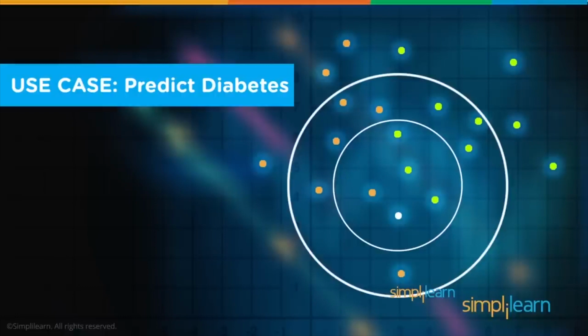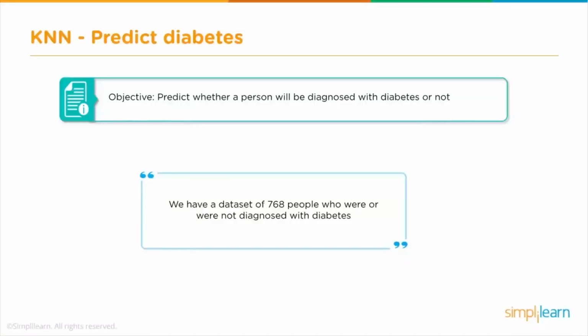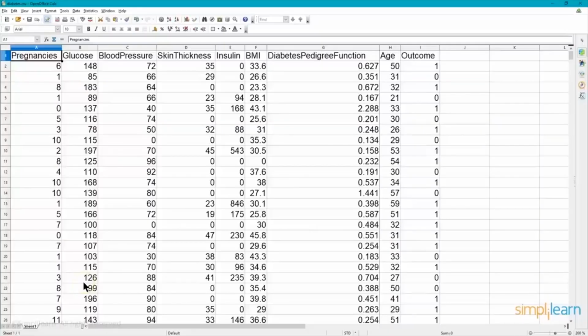So let's dive into the predict diabetes use case. The objective: predict whether a person will be diagnosed with diabetes or not. We have a data set of 768 people who were or were not diagnosed with diabetes. And let's go ahead and open that file and just take a look at that data. And this is in a simple